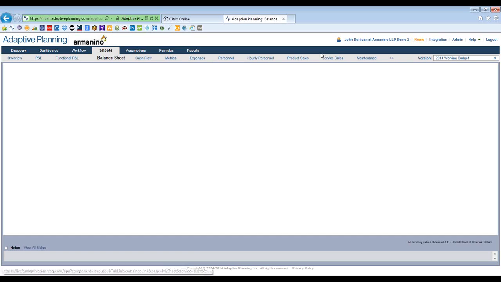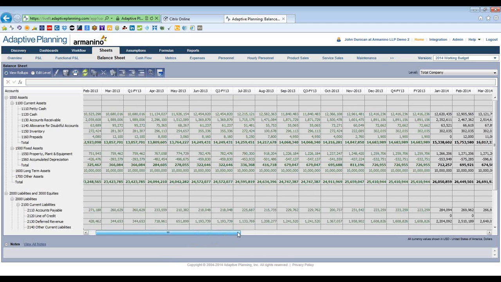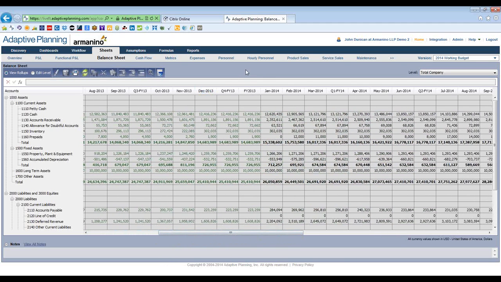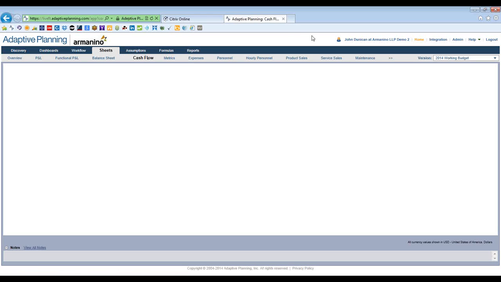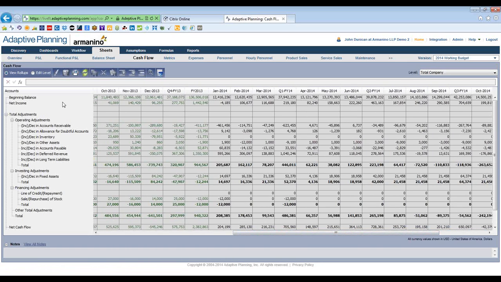Of course, you can budget, and we always recommend, most people do want to budget their balance sheet. That's key not only from a balance sheet point of view, but more importantly because it really is what drives your cash flow, which for most companies ultimately is what they want to be budgeting and forecasting, the impact on cash flow. In this model, we of course have two versions of cash flow. This is your classic indirect model. This is very similar, mirrors what you would be doing for external reporting,